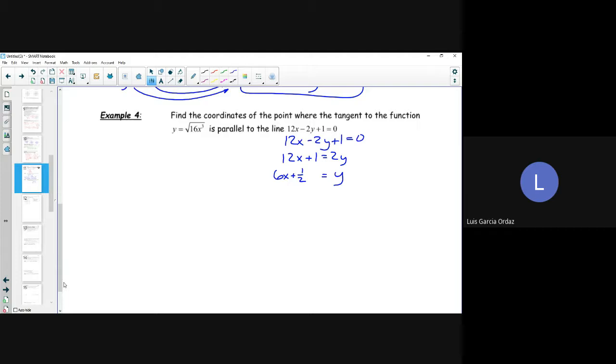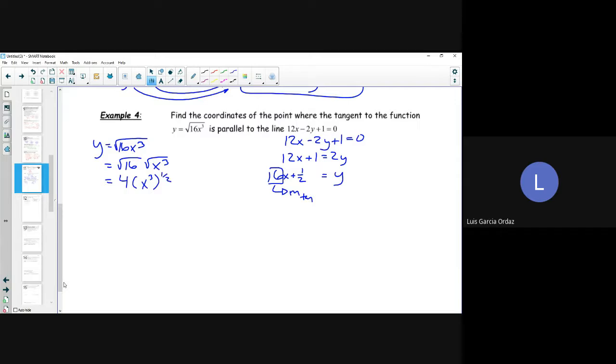So, which means that our slope has to be 6 because we want the equation of the tangent line to be parallel to the line 12x minus 2y plus 1. So, we have our function y is equal to the root of 16x cubed. I can just divide this perfectly by taking the root of x times the root of x times x, or x cubed. And I'm left with 4 times x to the 3 to the 1 half,